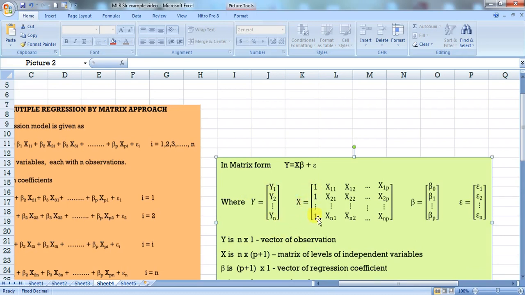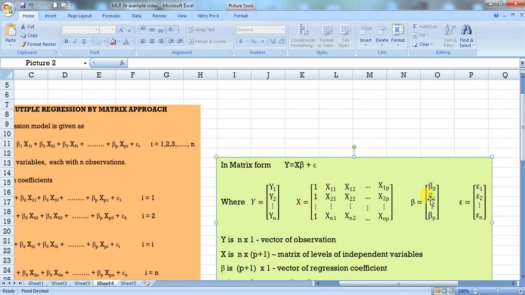First column represents 1, second column represents x1 variable, third column represents x2 variable, whereas last column represents the xp variables. So there are p variables plus 1, and there are n rows, so it is n into p plus 1 order of the particular x matrix.